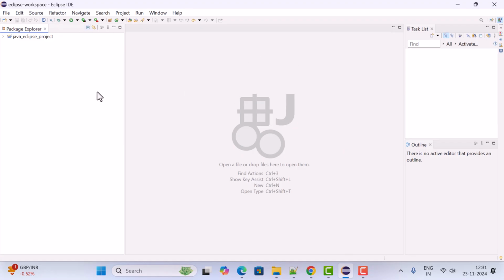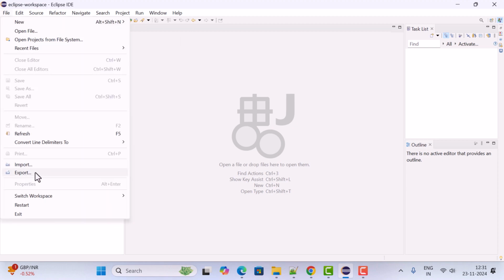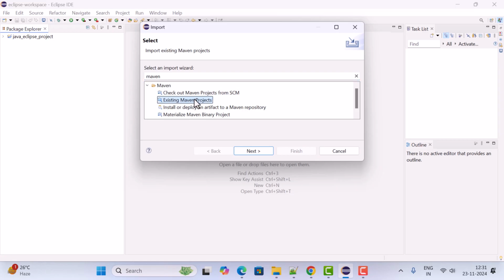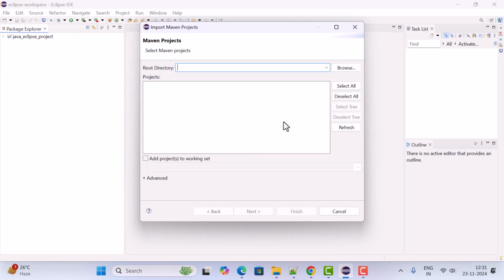Next, in order to import the Spring Boot project in the Eclipse IDE, just go to File, click on Import, and here just type Maven. So basically the Spring Boot project is a Maven project. So here, in order to import the existing project, just choose this Existing Maven Projects section and click on Next,